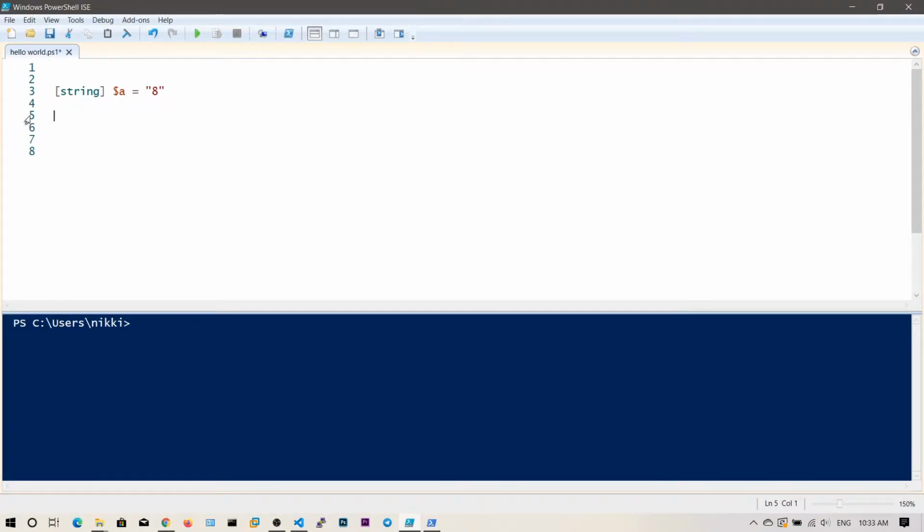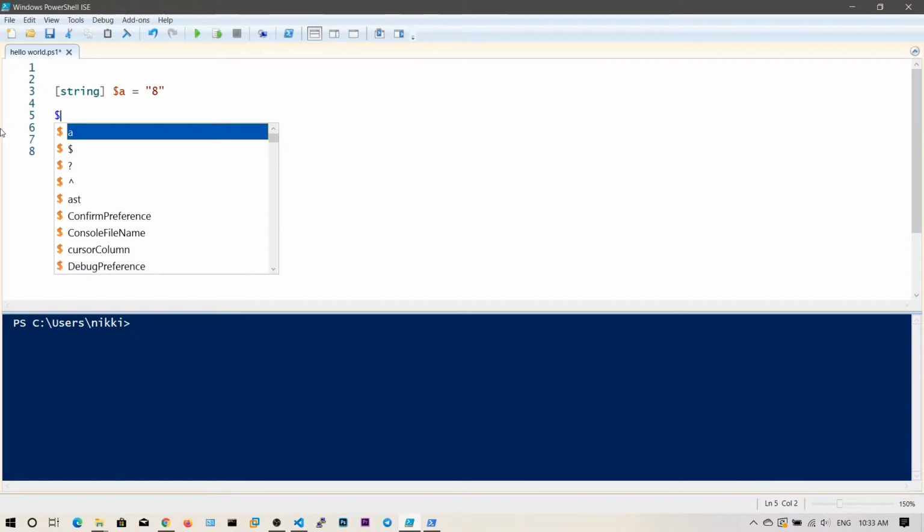So guys, in the previous video we have taken a look at variables. Now in this video we are going to take a look at user input. There will be times where the user enters some input into the console, so we need to store it as a variable, right? So let's go ahead and do that.